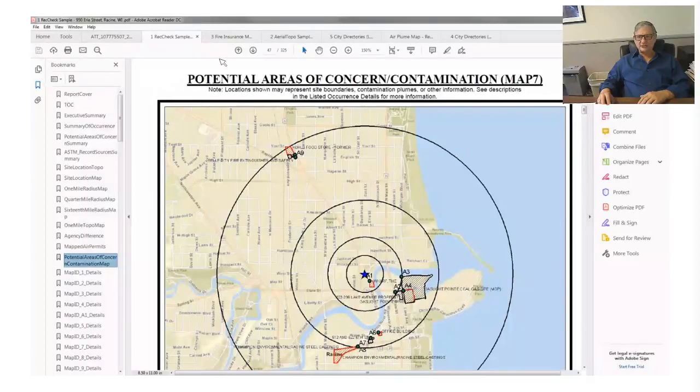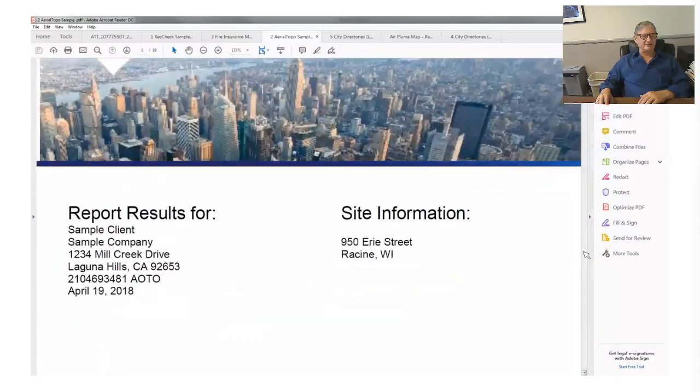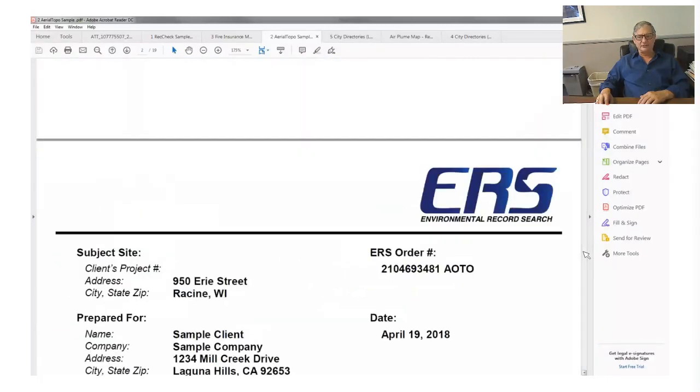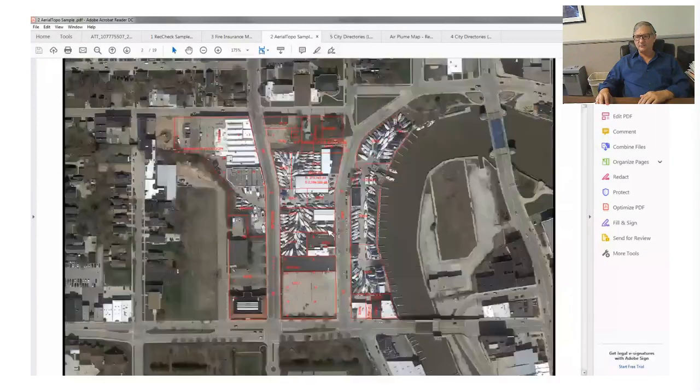So if there aren't any questions on the 1 mile radius search report, let's go to what I'd review next, which is the aerials and topos. Now you're going to see that we don't put our aerials and topos in a light box. We don't want you to have to mess with them. We want you to very easily review them very quick. So what we do is we either overlay a parcel map or we put a big red box around your site so it's really easy for you to see the subject